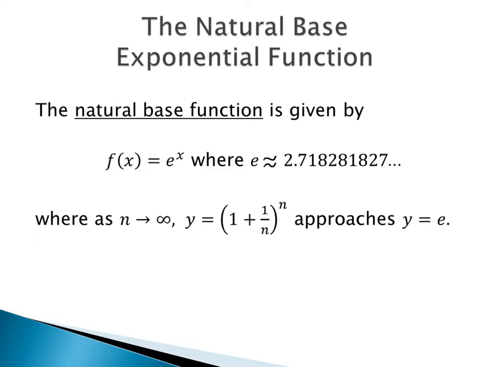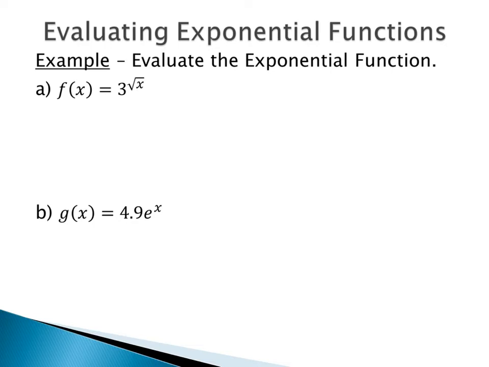So it's important to understand that where the exponential function comes from is saying, okay, we can make n as big as we want, and as we get bigger and bigger and bigger, we get close to that value of e, that constant. So that is your natural base function, e to the x, where e is a constant. Similar to how pi is a constant, e is also a constant. So now I just wanted to go through 2 examples on how to evaluate exponential functions, especially how to use your calculator if you're not sure how to do that.